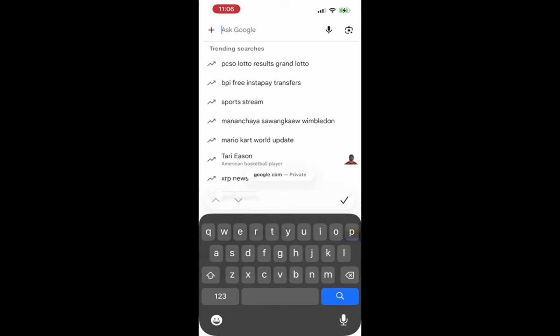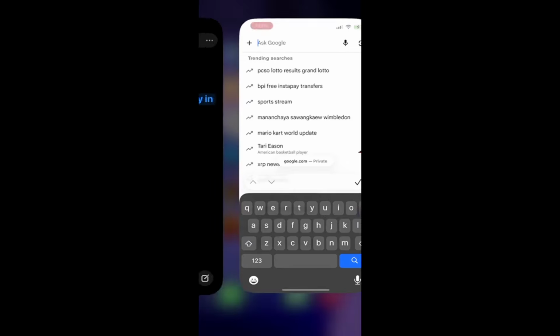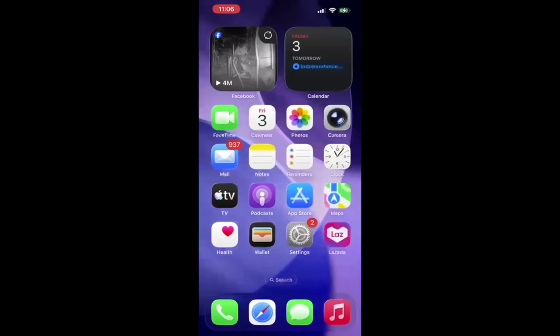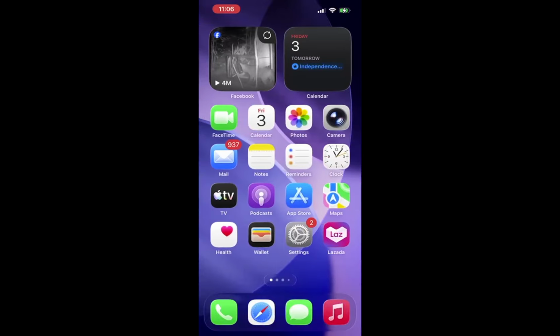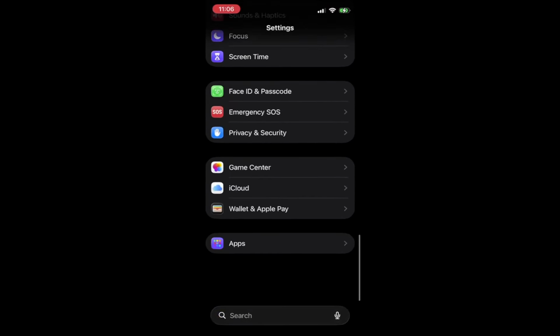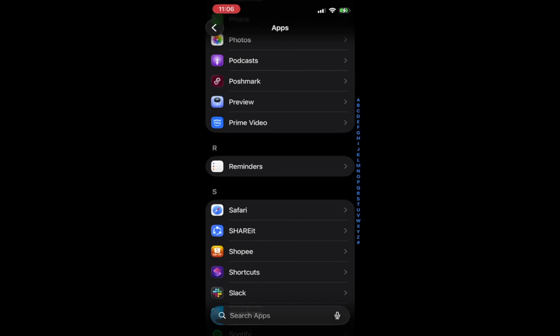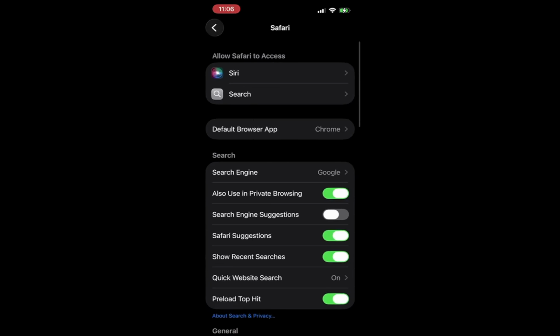If you wish to stop recent searches from appearing in Safari, especially if you're using iOS 18.4 or later, the next step is to open the Settings app, locate the gray gear icon on your home screen, and tap it. This app is essential for customizing your iPhone experience. It allows you to adjust various settings, including those for Safari. Once in the Settings app, scroll down and tap Apps, then select Safari from the list. The Safari settings page will open, providing several options for customizing your browsing experience. This step is important because it gives you control over how Safari manages your search data. Here, you'll find settings that can enhance your privacy and browsing comfort.